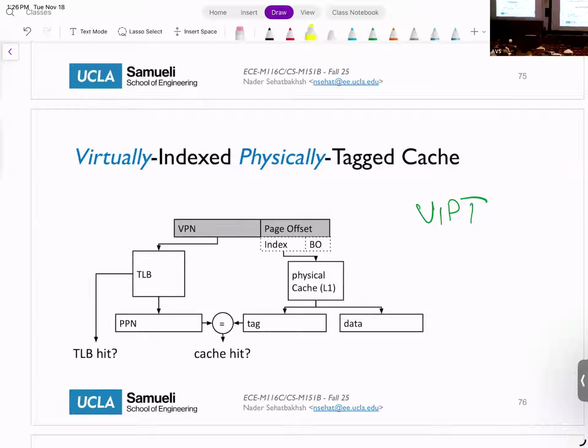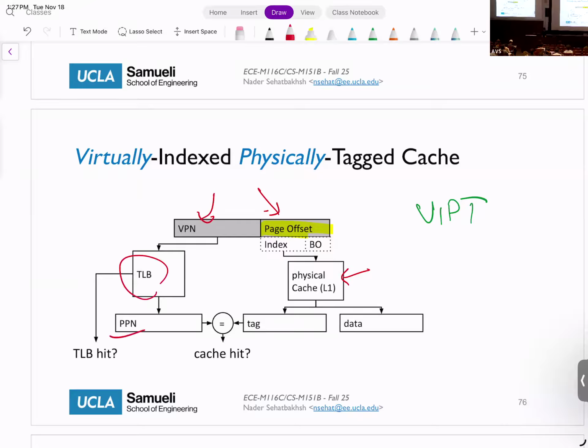So here's the trick that we are going to do. If my page offset is all I need to index L1, so L1 is small enough that the size of the index is within the page offset size, then I can just take the page offset and index the cache and bring the data, okay? Then in parallel with this, I'm going to take the VPN and look through the TLB.